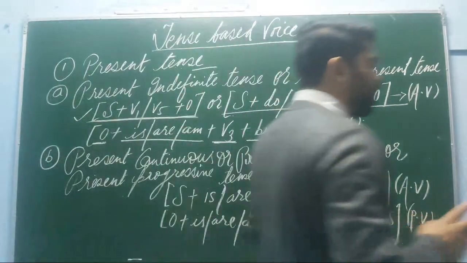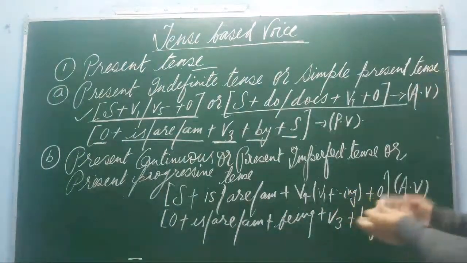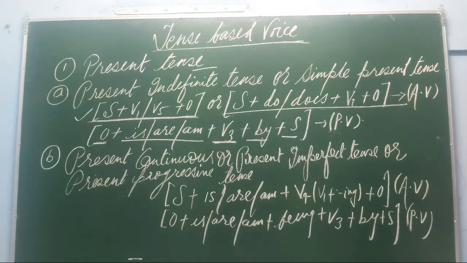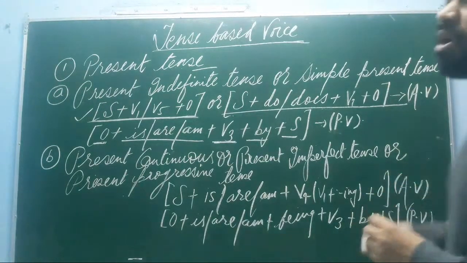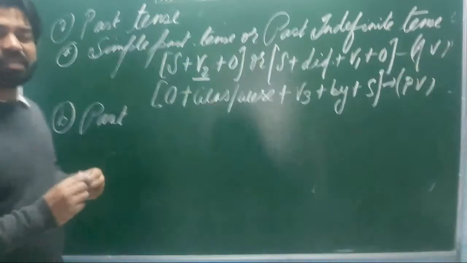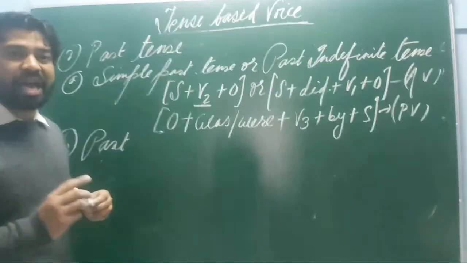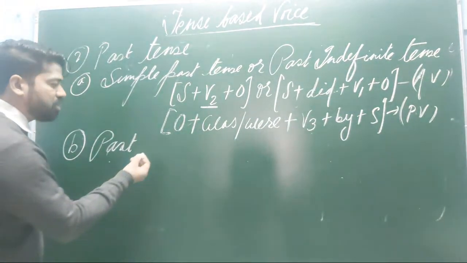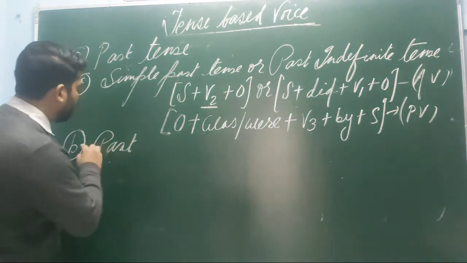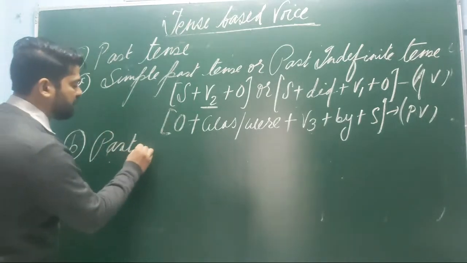Now these two forms for the present tense, as you are seeing, are quite clear to all of you. Now I'm moving to the third form. It has been named the past progressive because the work is still in progress at the time of speaking. In this sentence, there is also the use of being, before means the ing form of the verb. As I am writing here, the second form of the past tense, that is the past